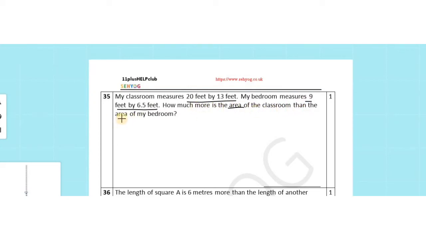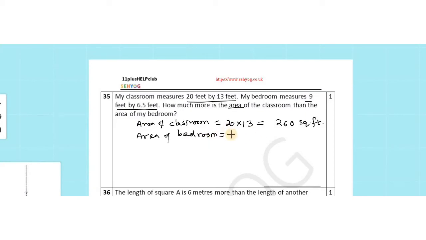In number 35, the classroom measures 20 feet by 13 feet, bedroom measures 9 feet by 6.5 feet. How much is the area of the classroom more than the area of the bedroom? So, finding the area of the classroom, 20 times 13, which is equal to 260 square feet. Again, finding the area of the bedroom, 9 feet times 6.5 feet. So, 9 times 6.5 gives us